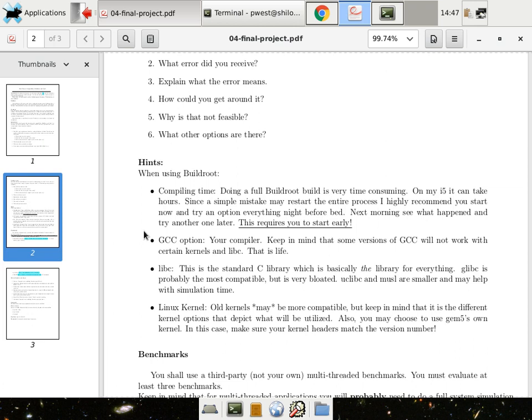All right, some hints. Compiling time, like I said, doing the whole Buildroot is very time consuming. See, it's still going. What is it doing right now? Let me see. It's doing the initial GCC. Have any of y'all done a cross compiler before? Oh, it's, I want to say it's a hoot, but it's